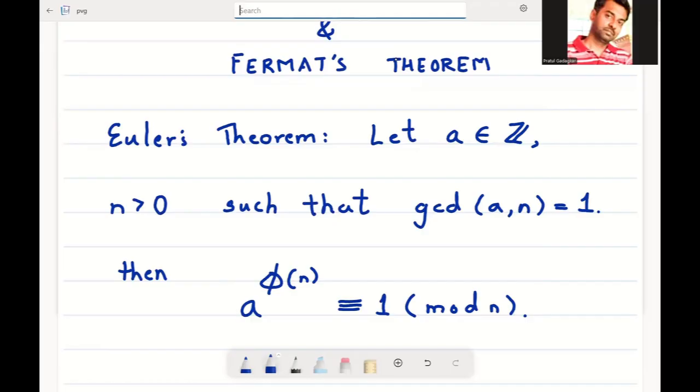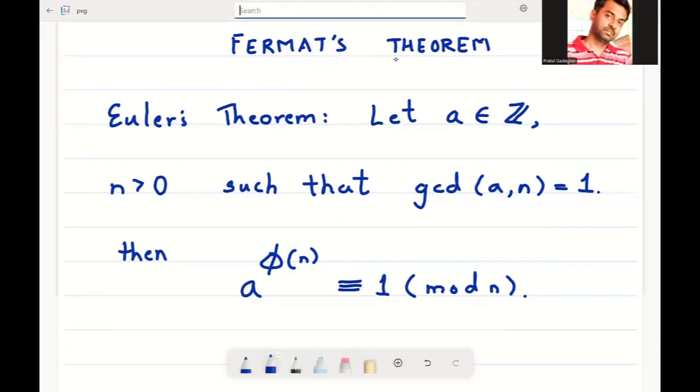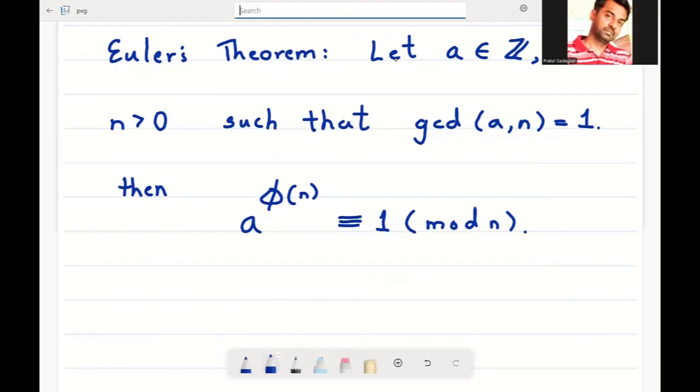In the previous lectures, we have defined what is meant by relatively prime numbers, meaning the GCD is 1. Then we defined Euler's phi function, what is phi of n. Then we also defined what is meant by congruence equations, a congruent to b. We have combined all these things and put them together in Euler's theorem. Now we know that if n is prime,